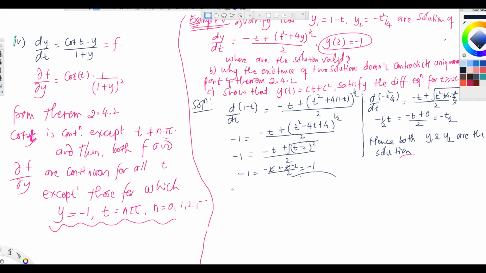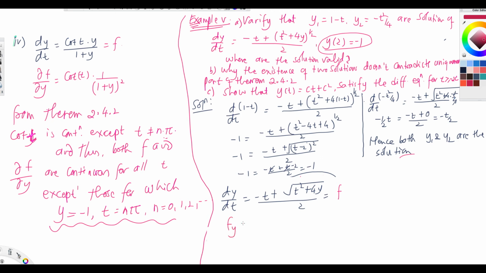What we need to do is, so we have dy over dt equals negative t plus, you can write, the square root of t square plus 4y, divide by 2, right? So you can think of this as f, right? So this is f. So to use theorem 2.4.2, you need to find